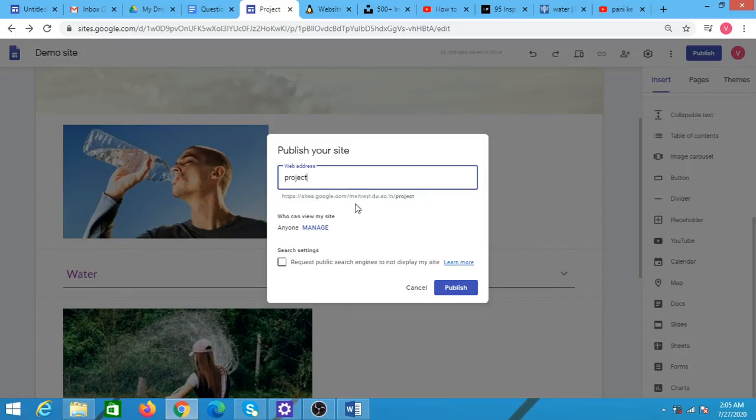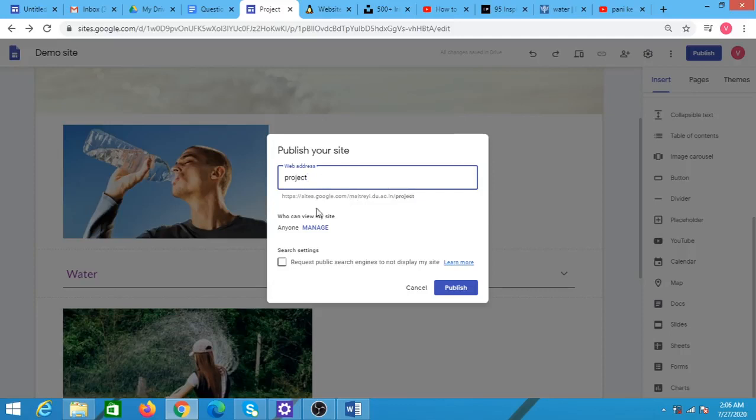Since I'm working in the Metri domain, you can clearly see that the web address also has metri.du.ac.in. But suppose if you're working on another Gmail ID which is not belonging to Metri domain, this part will not be included. So you can select an appropriate name for the website.